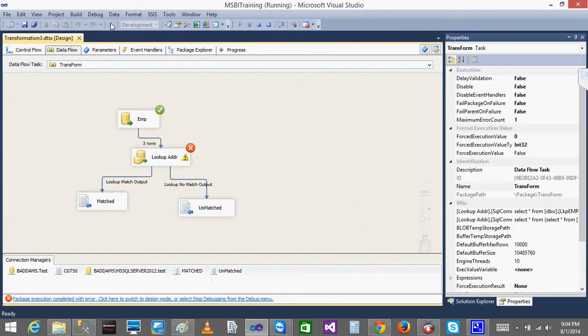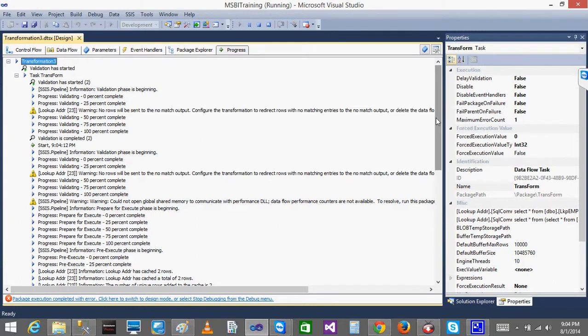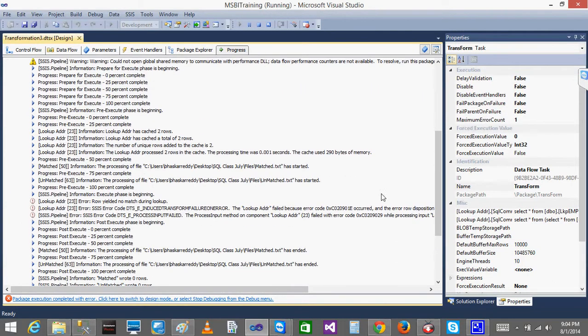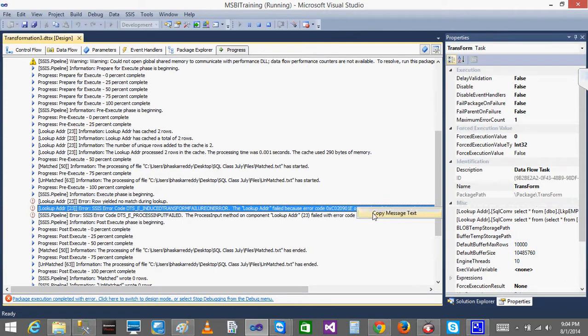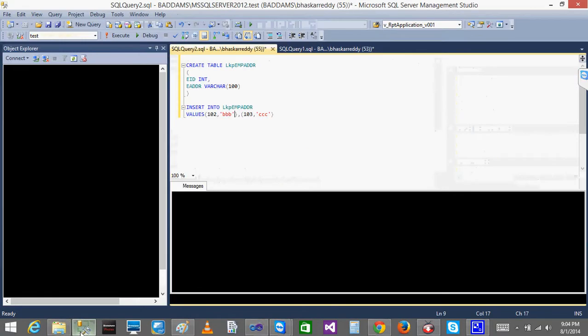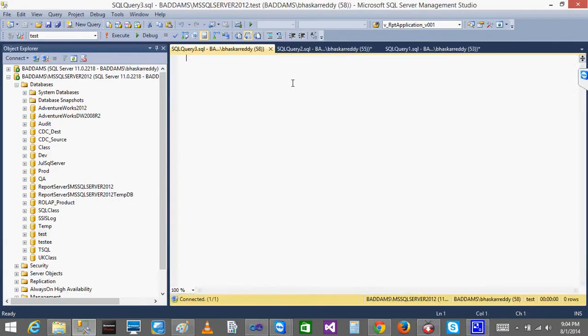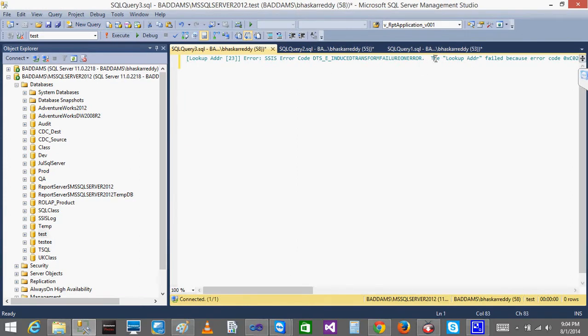That's it. See, when I see the progress, wherever there is a cross mark, it is a failed error. When I copy the text message and paste it somewhere, I'll create a new query and paste it there.